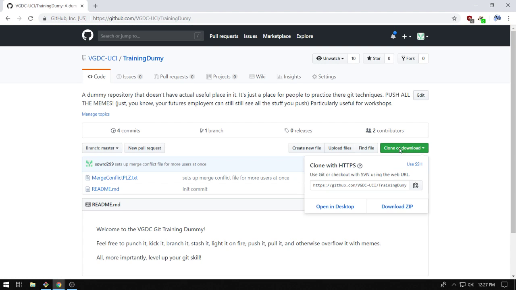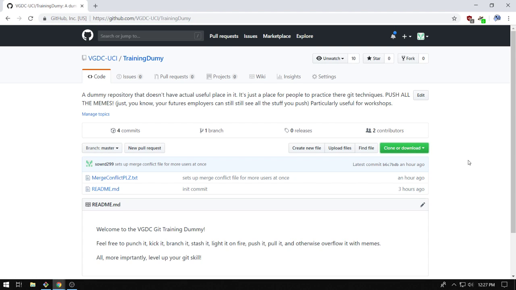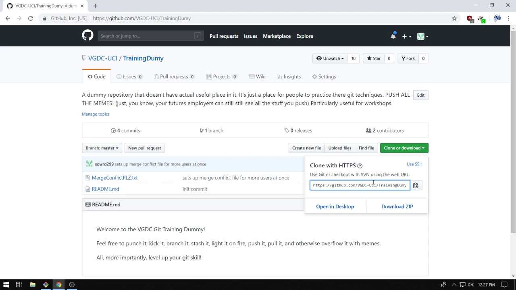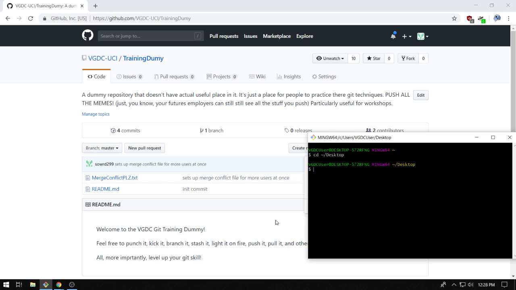So the way you're going to do that is you're just going to go to GitHub. You should be able to get to this page pretty easily off of your invite. Or you can go to this URL, and if you're logged in, it'll look like this. And then you just kind of want this URL. You can also just use this URL off of my screen and not copy it if you feel like copying it down off the screen. That will work too. Go ahead and copy it. And then go over to git bash. And then do git clone